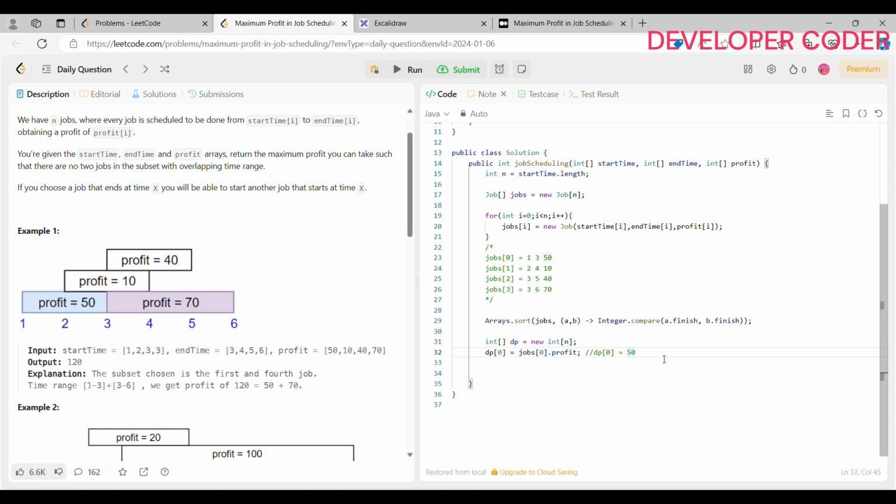So how is it looking after this step? I have told you that dp's length is going to be n, so n is 4, and we have given dp of 0 is equal to 50. The other values are right now 0, 0 and 0. This dp is going to contain the profit at this point. Whatever value of dp we get, we are going to print that, because each index is going to show the maximum value that dp has at a particular point of time. So let's see how this is going to work. This is the dp,